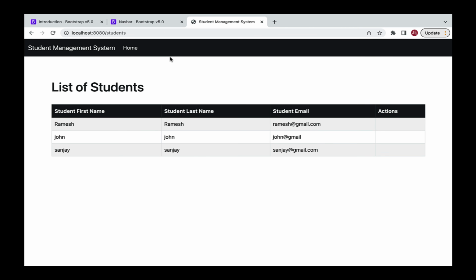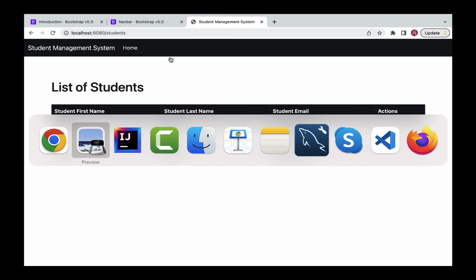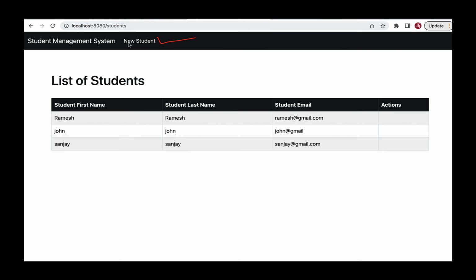Hi everyone, welcome back. In the previous couple of lectures, we have implemented the list students feature. Now we need to implement the create student feature. In this lecture, we will add a new student link in the header, and then we will create a handler method to handle the new student request. If you look at the screenshot over here, we are going to add a new student link in the header like this, and whenever the user clicks on this new student link,